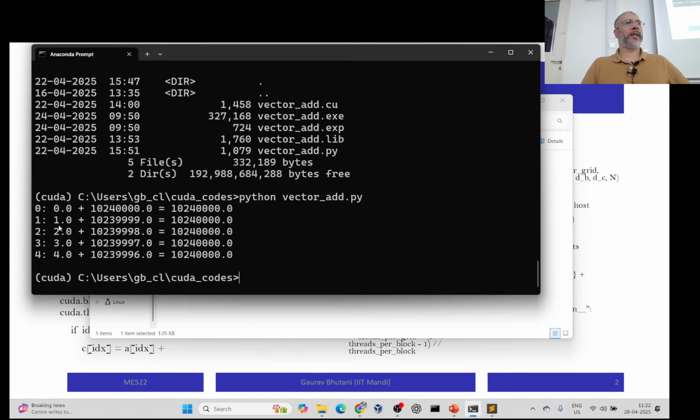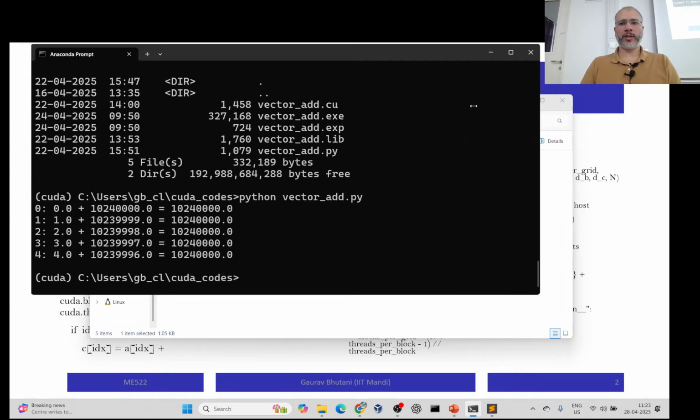And in the second element of A, B and C, so A of 1 is 1, B of 1 is n minus 1, and C of 1 is simply n again. So C is always going to be n because you are adding k with n minus k, so that gives you n in total. So this code is giving the right result,